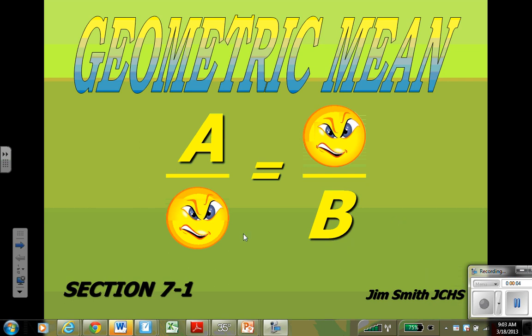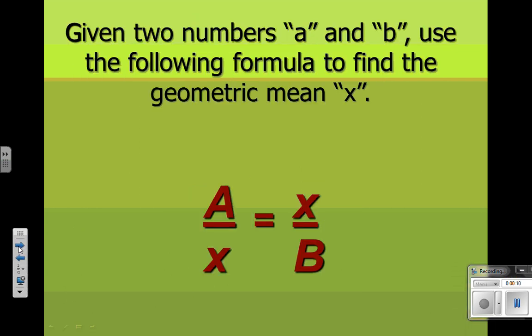In this video, we will look at the geometric mean. The geometric mean is given two numbers, a and b. You use the following formula to find the geometric mean x. Now notice here that if you are doing